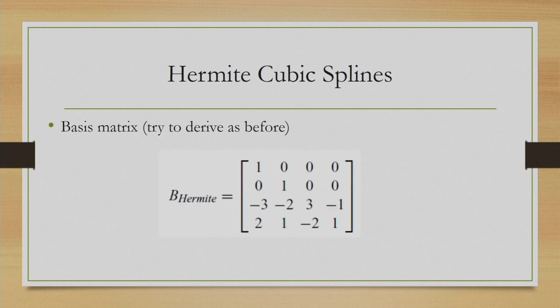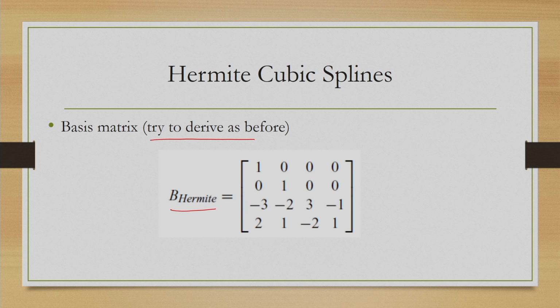Following the approach we used to derive the basis matrix for natural cubic splines, we can also derive the basis matrix for the Hermite cubic splines. We will not do that here and you can try it yourself. The approach is the same. You set up a system of equations, identify the constraint matrix, take its inverse and get